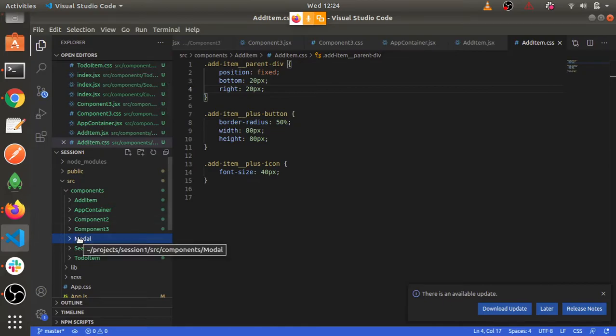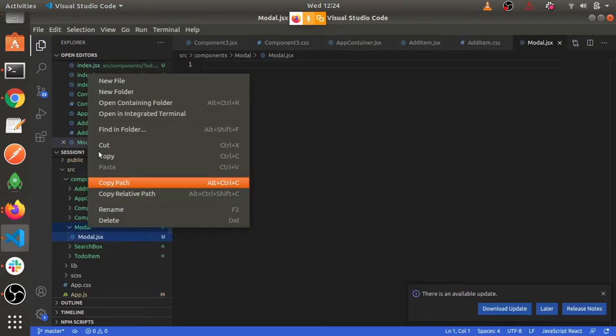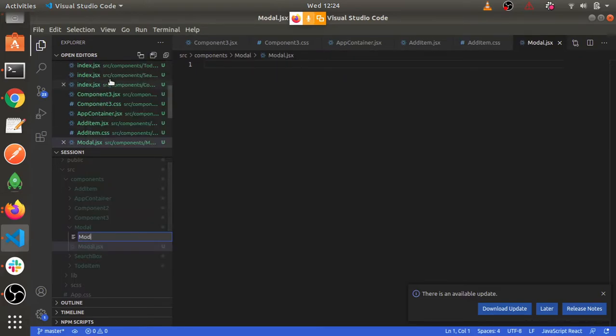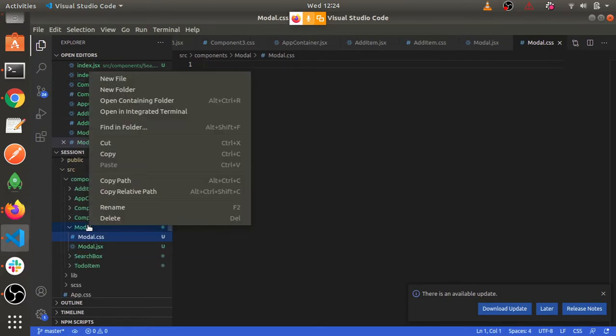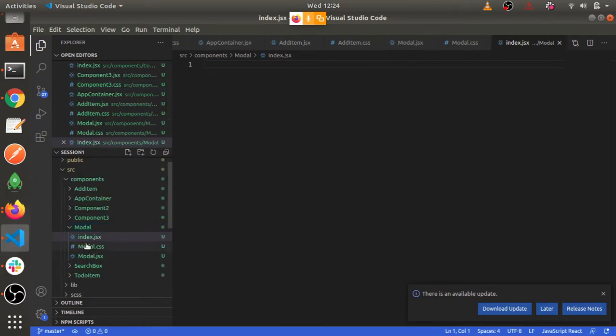Okay, and same thing: modal.jsx, modal.scss, index.jsx.